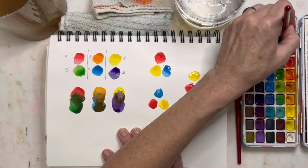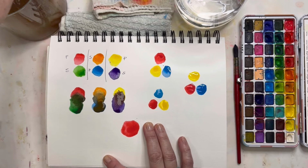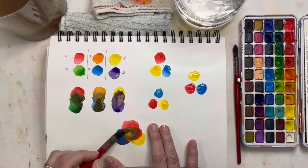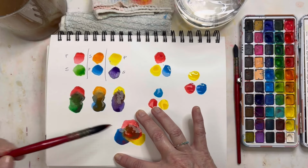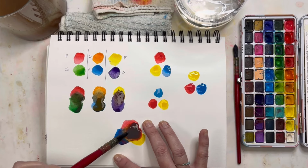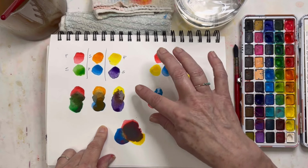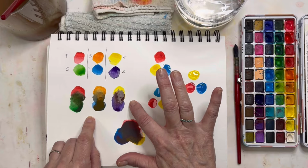Because let's look at this. When you have your primaries, here's your red, here's your blue, and here's your yellow. I think I need to add a little bit more red because it kind of got washed out by everything else. As you can see, if you evenly get all three of the primaries in there together, you get a color that is very near to black. So this is why it makes sense that these are called complements. Next to each other, they're going to sing like crazy, but mixing them together, you're going to get mud because